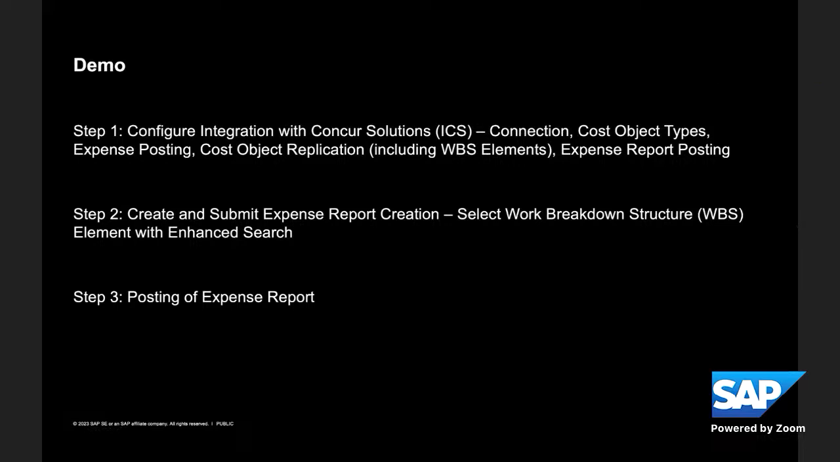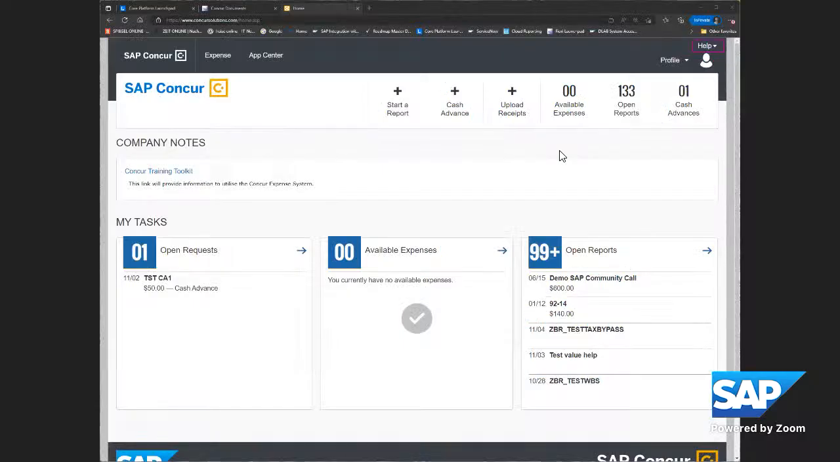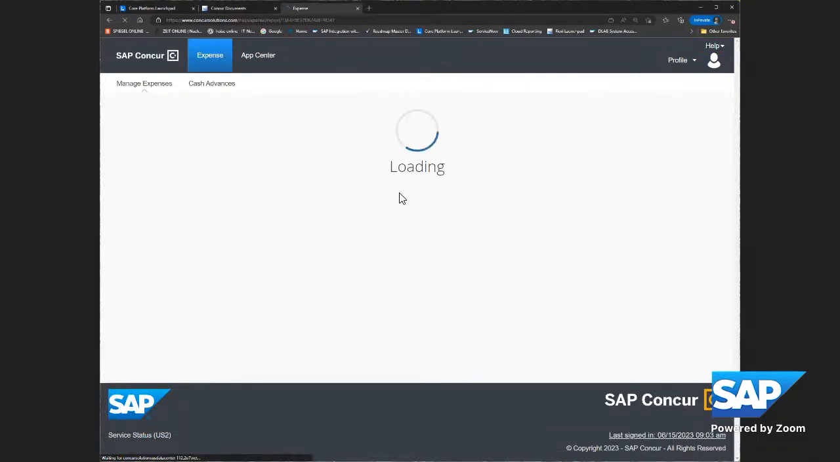Okay, so now you've heard a little bit about the vision of T2R, the different pieces that are involved for T2R. Now let's have a look at the core piece of T2R, and that's, from my point of view, the integration between the expense report and the FI system. So I'm logged in here into Concur. I'm logged in as a traveler. I have already prepared an expense report, but I wasn't able to submit that expense report yet because I was missing one